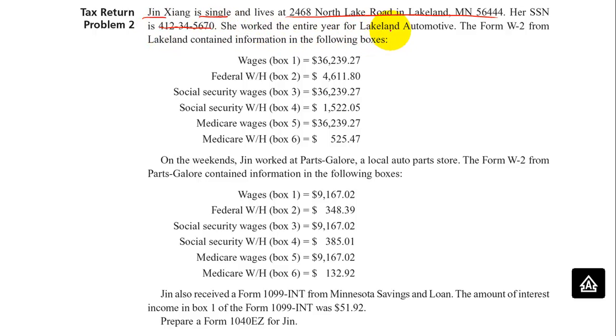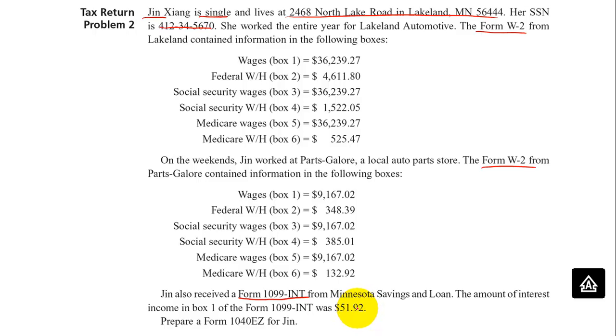She works for Lakeland Automotive as an employee, so after the year's over, she's going to get a W-2 form with this information here, with these amounts, and it's these boxes on the W-2 form with these descriptions. She also has another job with Parts Galore, so again, she's going to get another W-2 form with amounts on that form. And because she's earned interest income from Minnesota Savings and Loan, that financial institution is going to send her a form 1099 INT after the year's over, here in the amount of